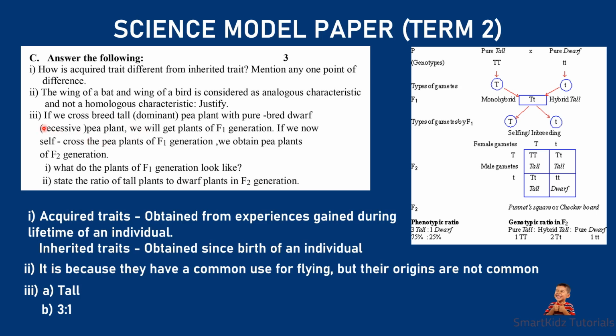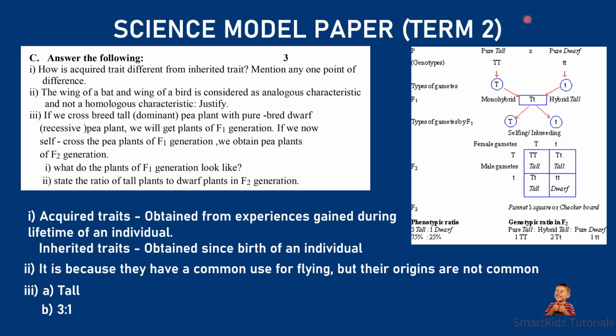Question 3C3. If we crossbreed a pure dominant tall pea plant with a purebred dwarf recessive pea plant, we will get plants of F1 generation. If we now self-cross the pea plants of F1 generation, we obtain pea plants of F2 generation. What do the plants of F1 generation look like? And state the ratio of tall to dwarf plants in the